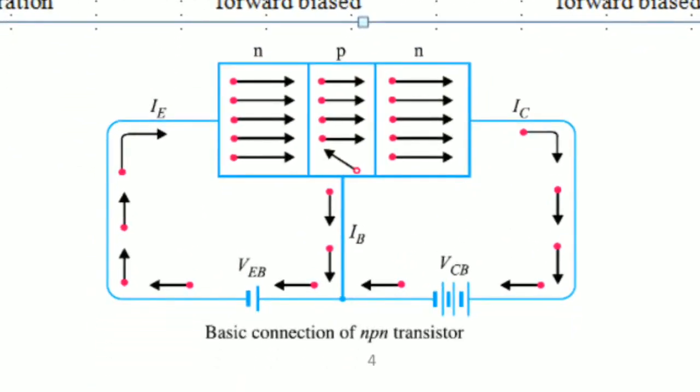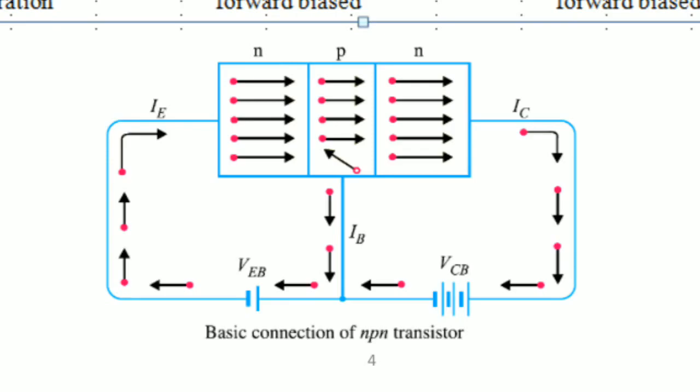Here, as discussed earlier, the emitter base junction is forward biased and the collector base junction is reverse biased. The forward biased emitter base junction causes the electrons in the n-type emitter to flow towards the base. This constitutes the emitter current IE. As these electrons flow through the p-type base, they tend to combine with the holes in the p region. The base region is lightly doped, so a small amount of current flows in the base region. The remaining large amount of electrons cross the depletion region and move to the collector region, towards the positive terminal of the external DC source as shown in the figure. This constitutes the collector current IC.